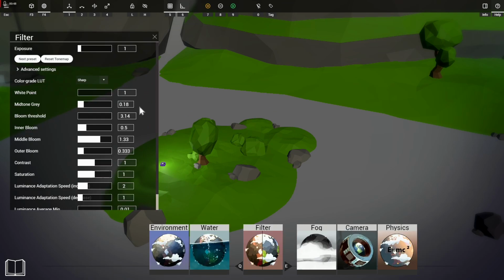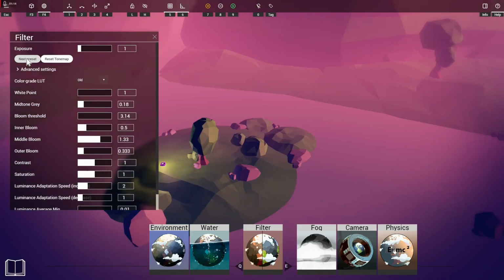So let's start with filters. As we've seen before, we have our exposure, which is from 1 to 10, which is how much light is in the scene, how much light can be put into the scene kind of thing, like on a camera, where it lets in so much light. Okay, then we have all of our presets. Go through each preset,